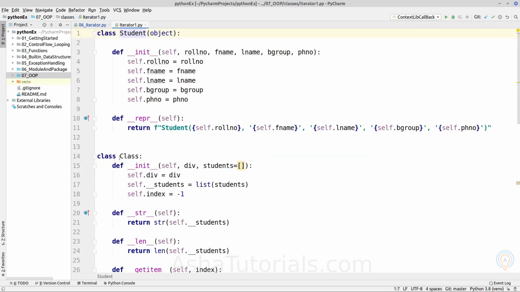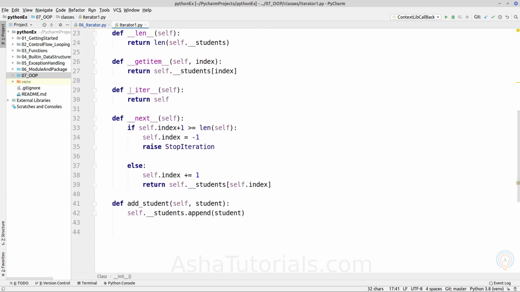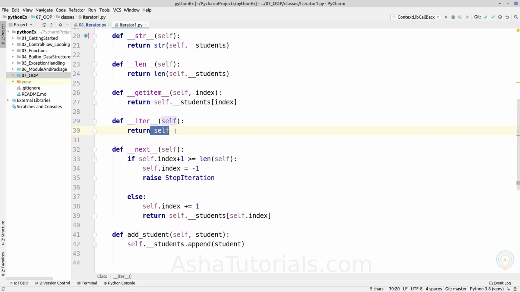Here we can see that the class is a collection of students and we want objects of this class to be iterable. So we have defined two dunders, __iter__ and __next__. When __iter__ is called by the for each loop, it returns the object itself, and when the __next__ method is called in each iteration, it returns the indexed element from the student collection and increments the index value.